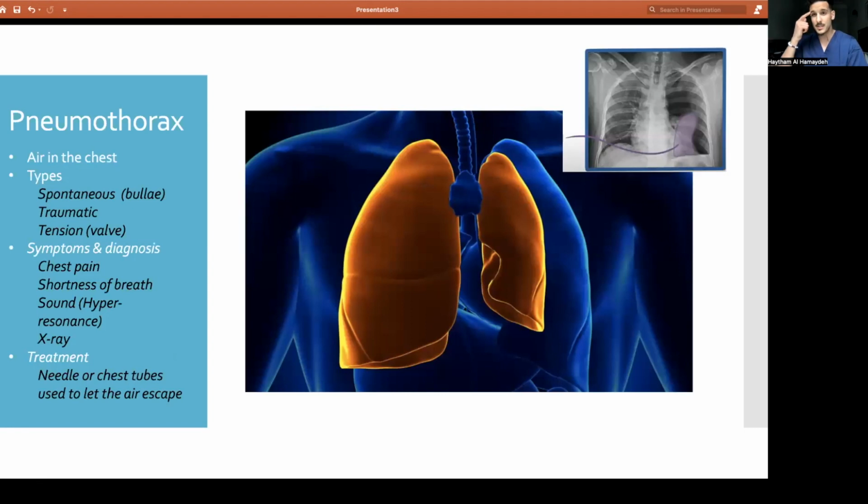Okay, so the first case that we have been exposed to in the ward is pneumothorax. I didn't know what personally this was, so I just had to go in and research about it, but it's very interesting. Here, what pneumothorax is, is basically air in the chest. And so air would accumulate in the region between the